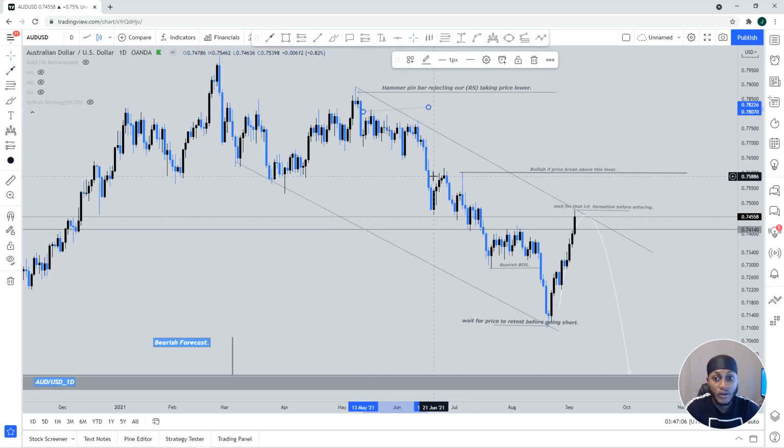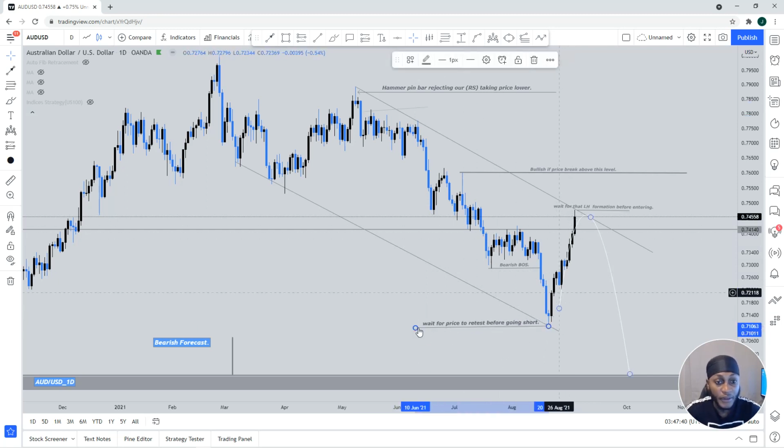And what happened? Price went lower. See what I mean? Look as well, we have a nice bearish engulfing again at a level of resistance, and what happened? Price went lower. These are things that you guys need to pay close attention to. When price came back to this level of support, where we have our support trend line, you can see we have a bullish hammer pin bar, and then a bullish engulfing, where price went up, came back down, retested here, and we had a nice bullish engulfing confirmation, taking price higher. Simple things like this I want you guys to take away and pay close attention to,